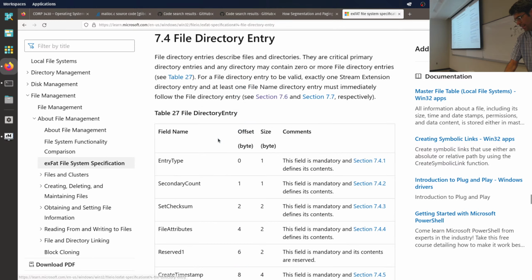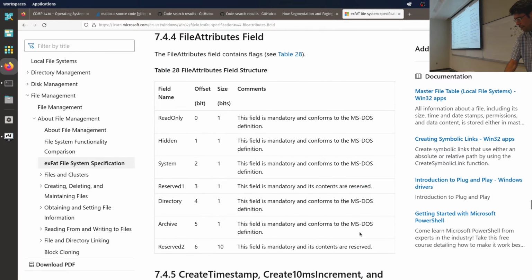So in the file directory, there's a file attributes property, and this is where you're determining whether or not this thing is a directory or not. I never remember. I think one means that it's a directory, but it's really trivial to find out because once